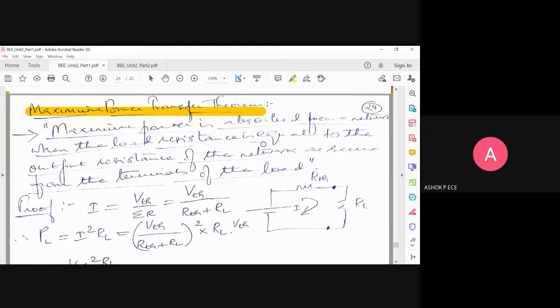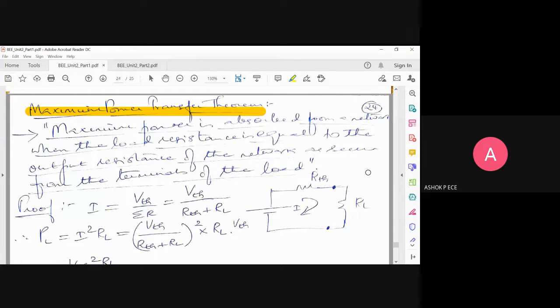So what they are saying here is you can achieve maximum power transfer provided you choose your load resistance value correctly. What is the ideal value of load resistance you have to take? That is equal to RTH. What is RTH? It is the Thevenin's equivalent resistance of your network. How to find RTH? You take your network, remove your load, open circuit all your current sources, short circuit all your voltage sources, look through the load and find out what RTH is.